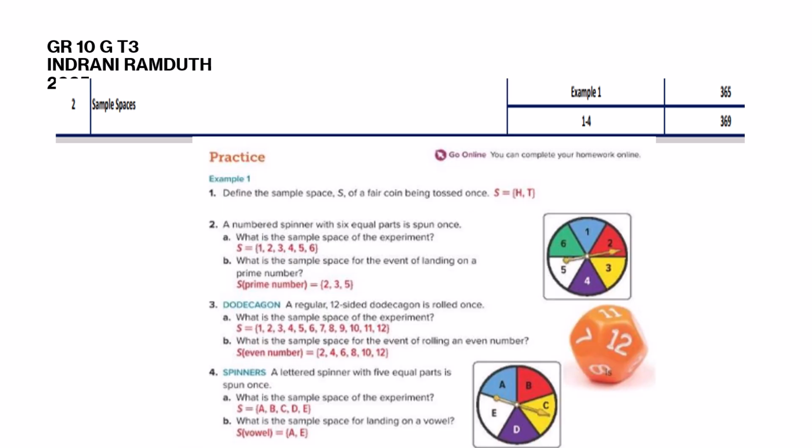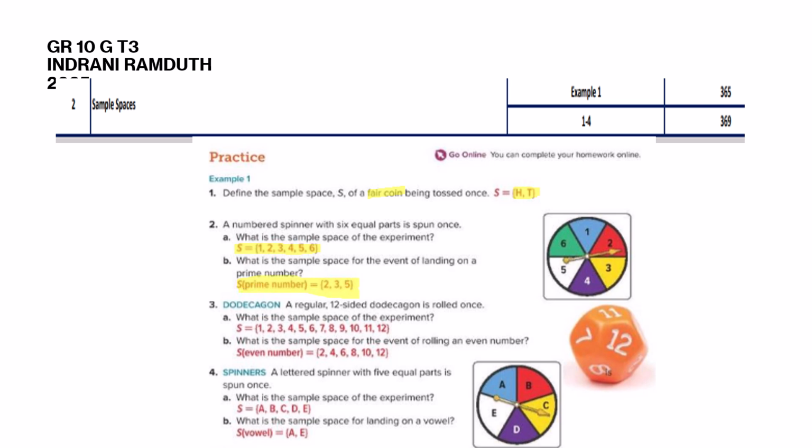Moving ahead, we're going to quickly look at examples 1 to 4. The first one being, define the sample space S of a fair coin. We know that in a coin, you only have the heads and tails, so that is your sample space. A numbered spinner with 6 equal parts spun once gives us a sample space of 1, 2, 3, 4, 5, and 6. Once again, prime numbers, we already know what a prime number is, and it will be